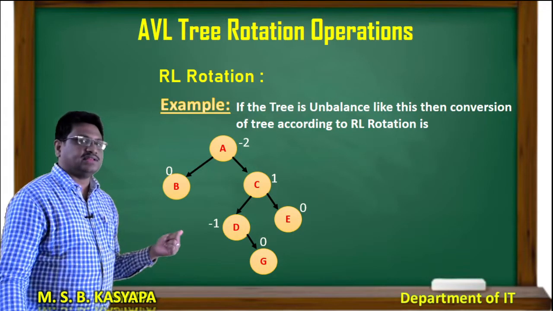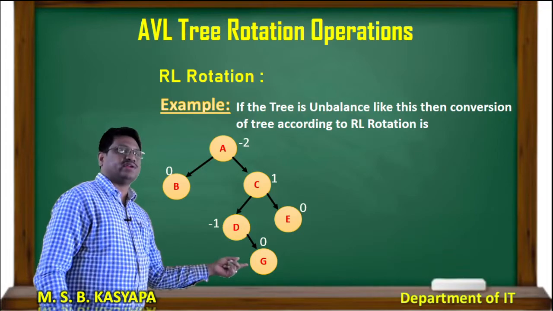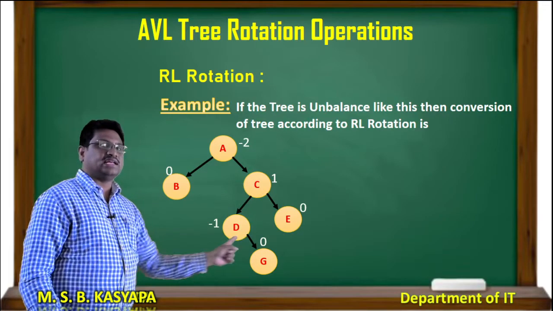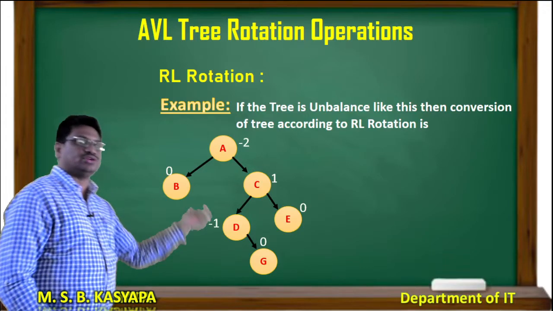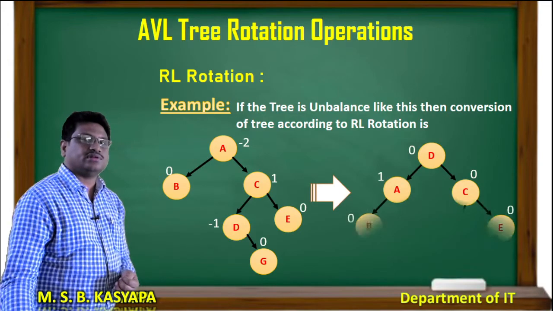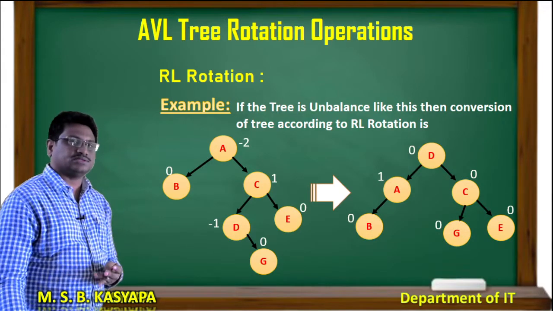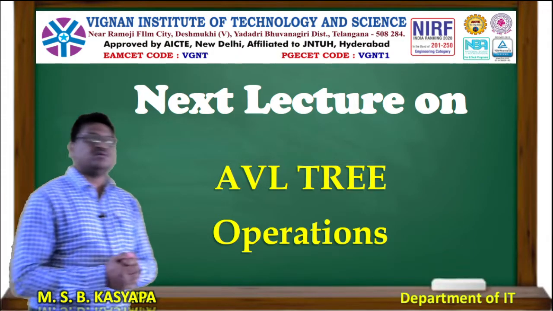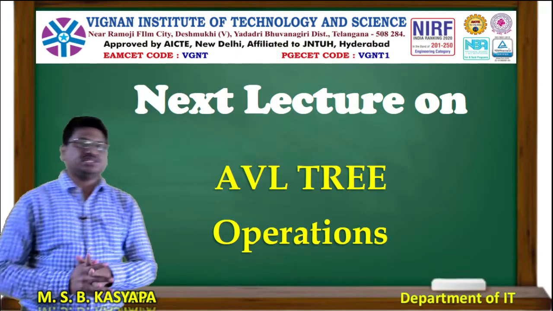If it happens like this, see in this, D has one right child. So, that means I have to create a link here, but D does not have any left child. So, there is no need to move to the left subtree. There is no need to move to the left side. Now the final output will be like this. Okay. So I hope you have understood all the rotations.